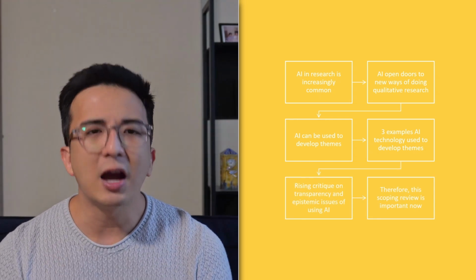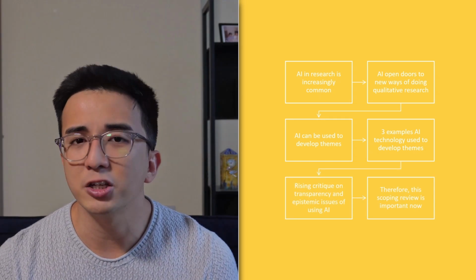So, the introduction section. I started writing the paper after the data extraction and charting. It was challenging to plan how much detail needs to go in, how jargonistic it needs to be. I generally know that I wanted to introduce the reader to the importance of AI in research, provide some background information about how AI can produce themes, because later when I write about how AI is used in practice, I need the reader to know what I'm talking about to begin with. After that, I want the background to lead to a rationale section.